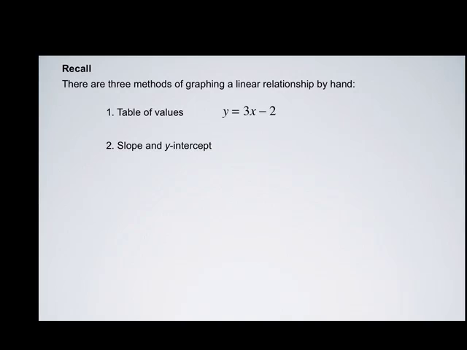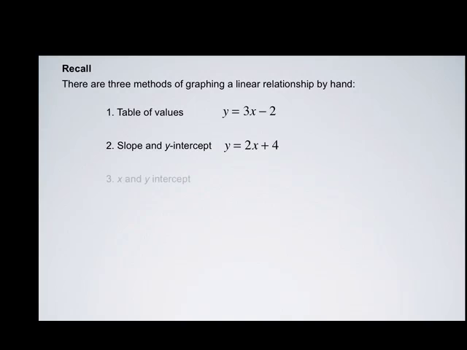Another way that we can graph a linear relationship is by using the slope and y-intercept method. And if you recall, if you're given the equation y equals 2x plus 4, you put a point at 4 on the y-axis because 4 is the y-intercept, and you would then draw a line through the point 0, 4 that has a slope of 2,